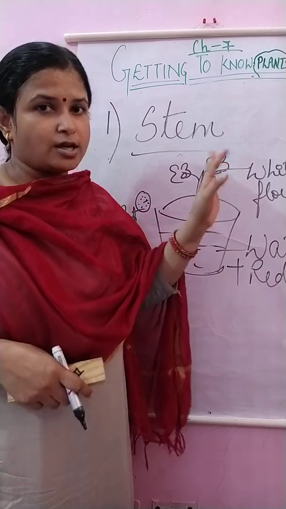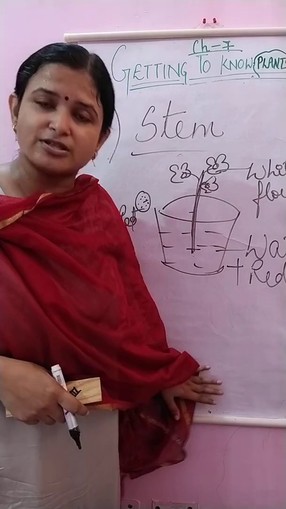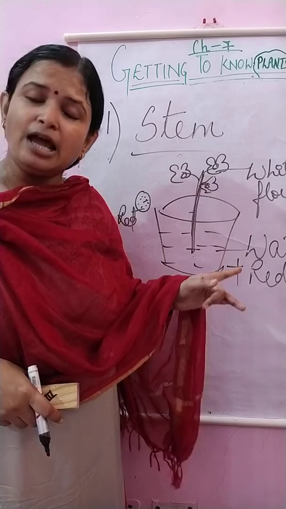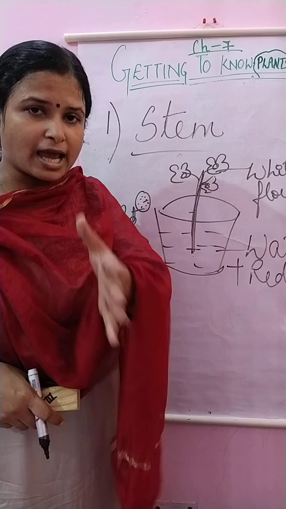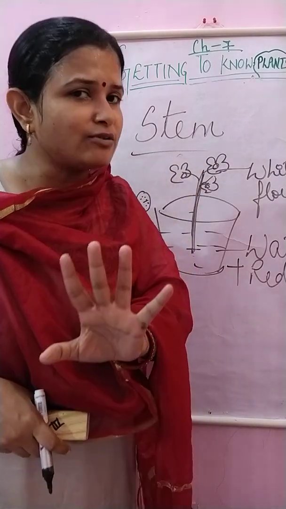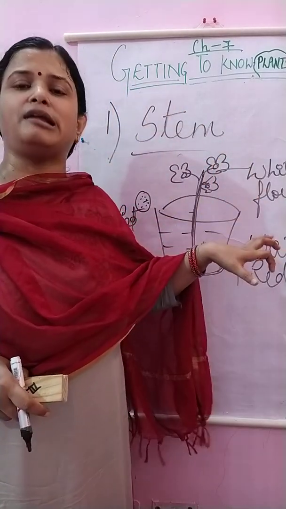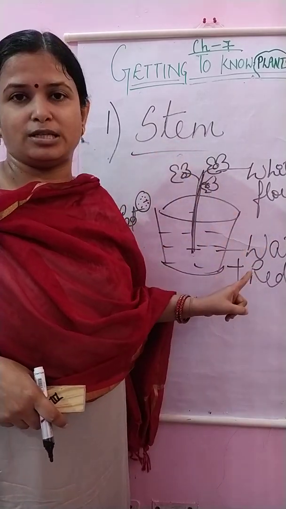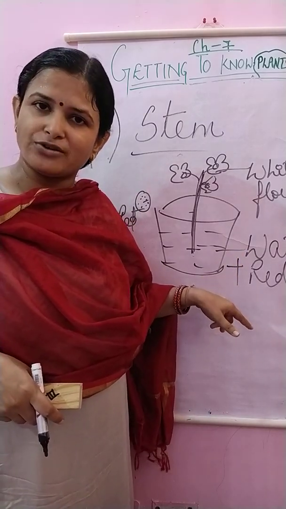Okay, so in this video we have done till stem. We have studied its function with the help of one activity, and the next part of the plant we will study in our next video. So again, a quick recap of what we have done in this video. We have studied 5 different kinds of plants: herbs, shrubs, trees, creepers, climbers. And then we studied the function of the stem with the help of this activity. Read up till here in your book. I hope you all have understood, children. Thank you, children.